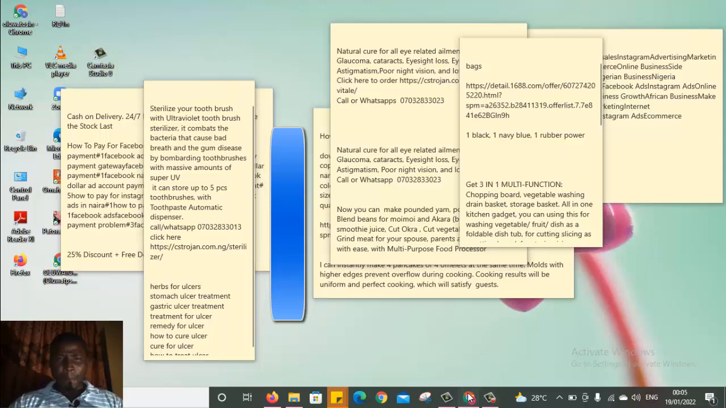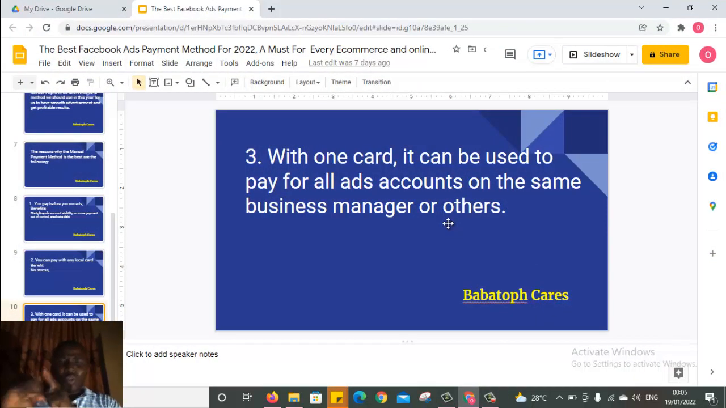Let's go back to our manual payment. With one card, it can be used to pay for all other accounts. You can even use it to pay on another business manager that owns another account. Why? I will tell you the reason. The reason is because anytime you fund the account, your card is not directly connected to the ad account. That dollar card, that local card is not directly connected to the other account. That is why you can use the same card on another account, use it severally, and you do not get